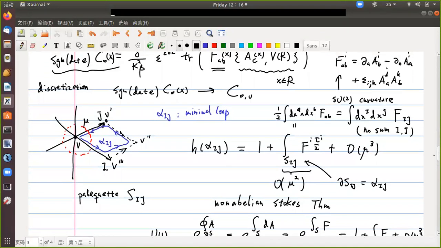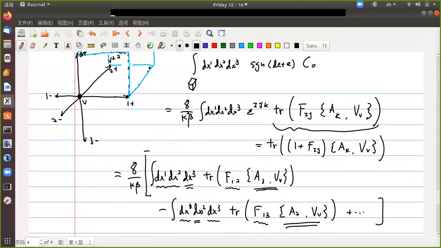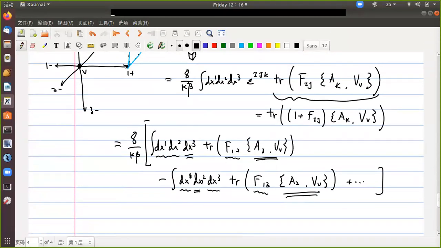This is helpful, but not strictly necessary, because here you anyway split up this integral, so you are just integrating dx1, dx2. What is F12 independent of? F12 in principle depends on x3. Okay, I see your question. So F12, yes, indeed, in principle F12 depends